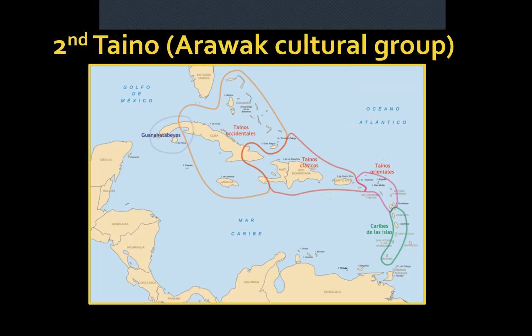The Tainos come from the Arawak cultural group that comes from South America, from the Amazon basin. They eventually made their way up and took over the Caribbean islands. There are different groups. They talk about the Eastern, Western, and Classical Tainos, but basically we'll just call them the Tainos. This was a sedentary group. They had villages with up to 4,000 people. They did fishing, hunting and gathering, but they also had their own farms. This is the group that Christopher Columbus stumbled upon when he came across into the Bahamas on his first trip.